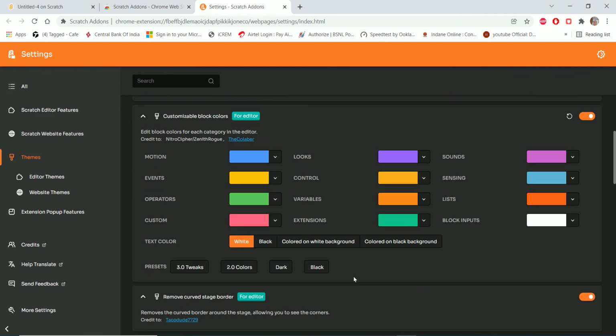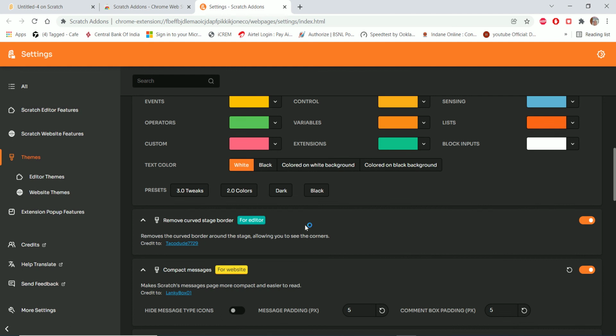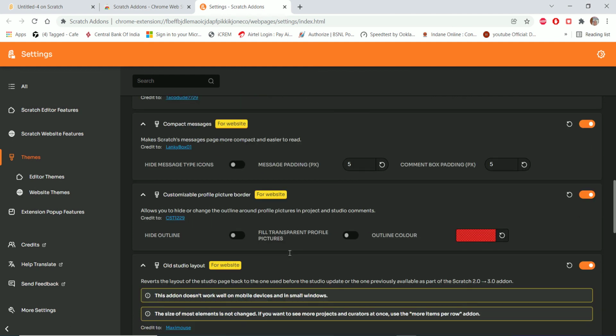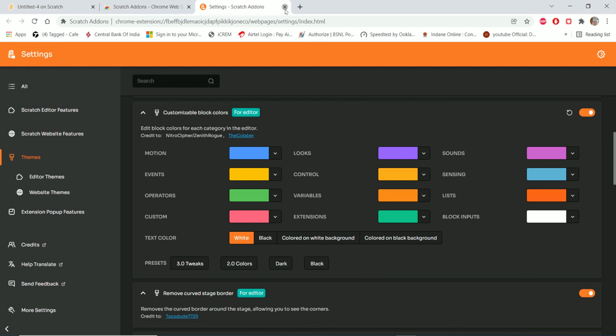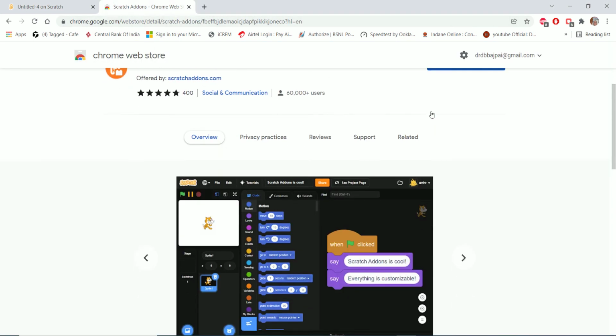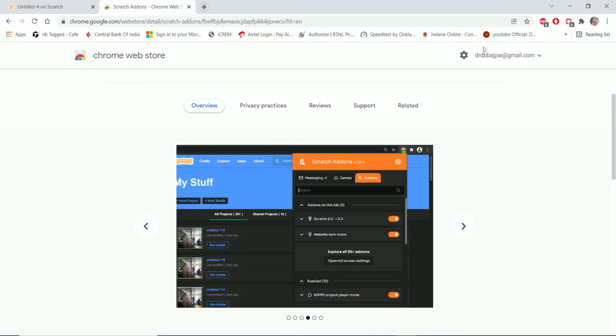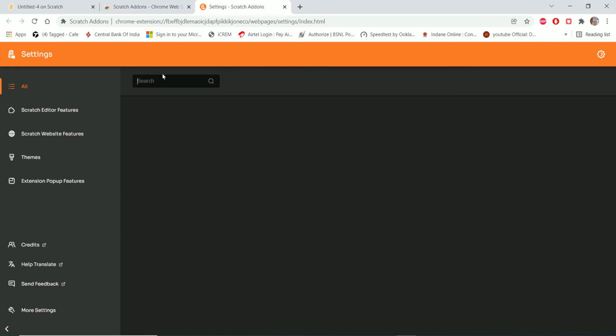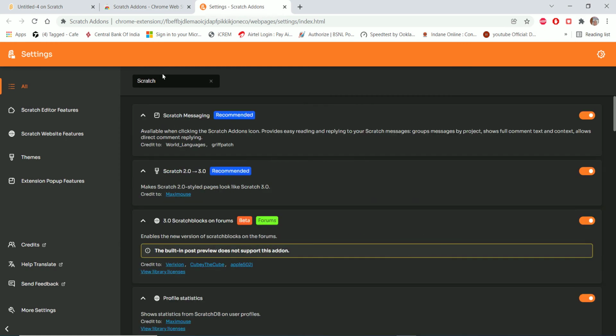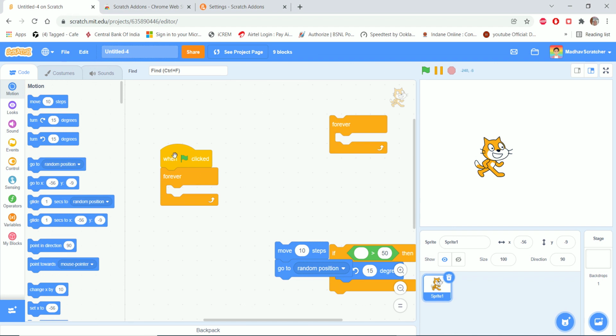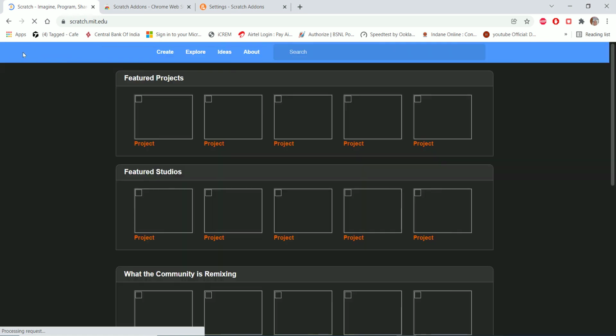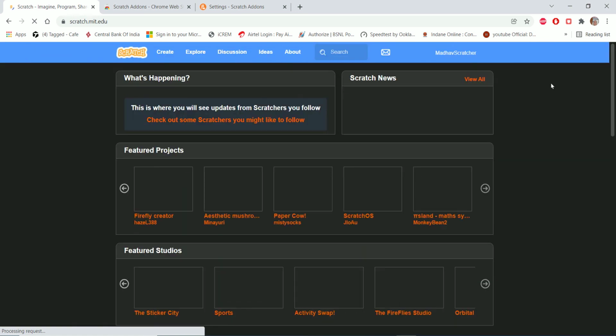So let me show you one more thing. There is Scratch 2 through Scratch 3: make Scratch 2 style pages look like Scratch 3. So if you go, okay, let me go to home and your profile. So when you go to your profile,